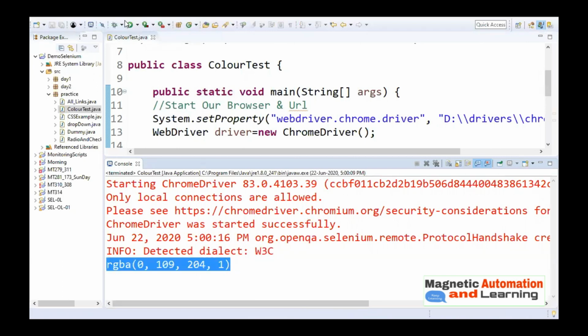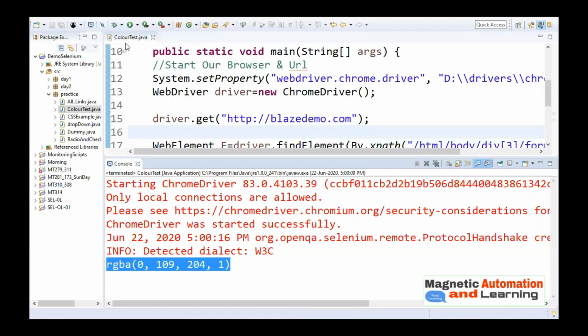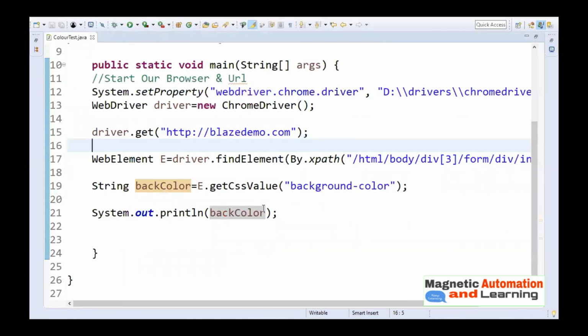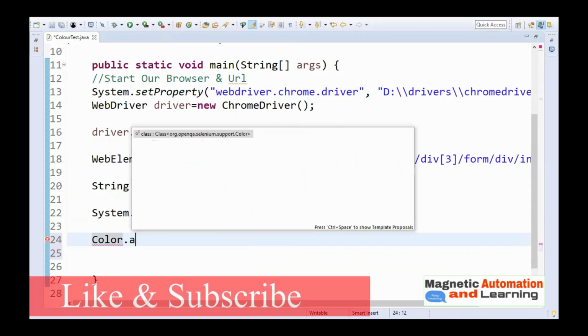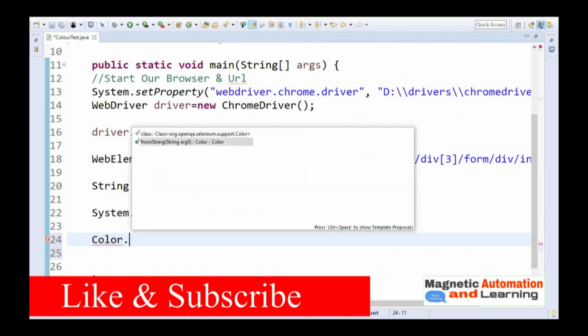Okay, RGB value you are getting here. But I want this color as a hex value. In which value do I need the color? Hex value. So in Selenium there is one class, Color. You can see Color, and fromString you are going to convert.